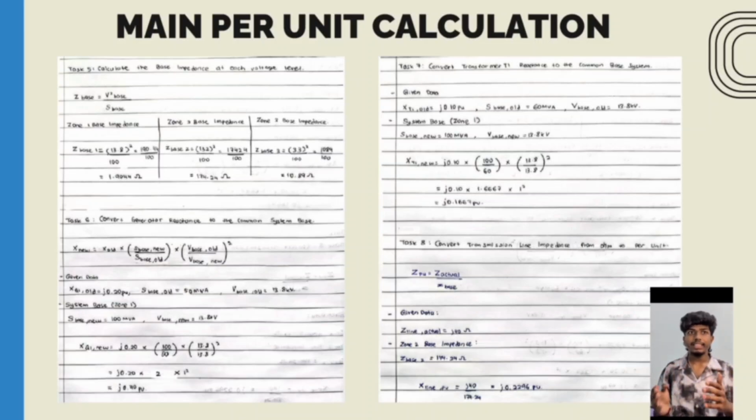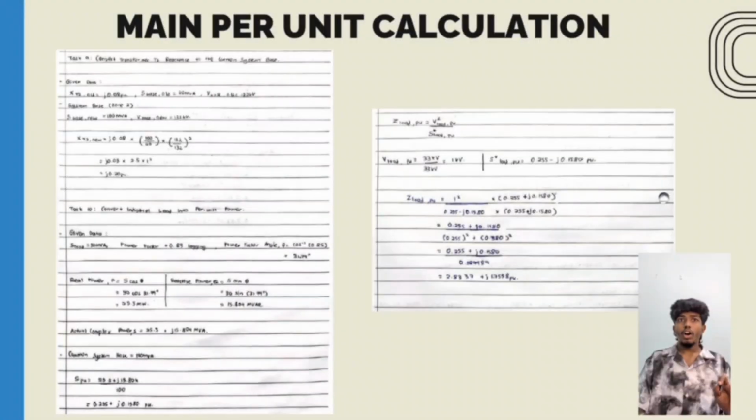from its 60 MVA hardware base, which results in j0.1667 pu. Lastly, for task 7, we normalize the transmission line by dividing its actual physical reactance of j40 ohm by our zone 2 base impedance, which gives us j0.2296 pu. Now that all individual component parameters have been converted, we move to task 12, which compiles them into a single